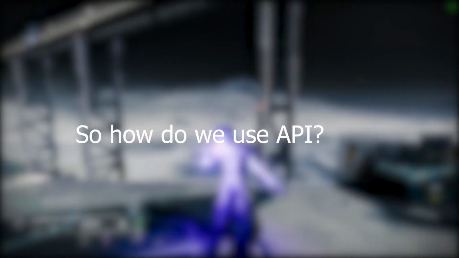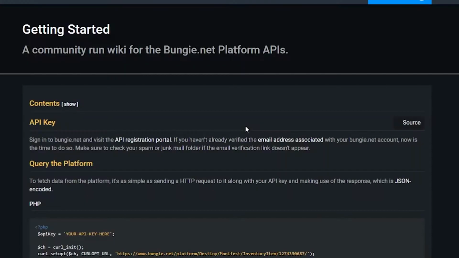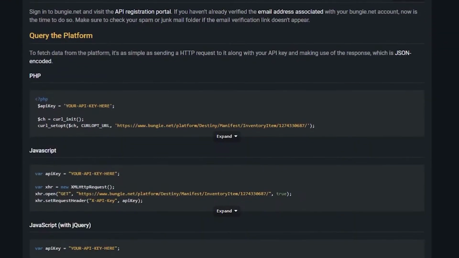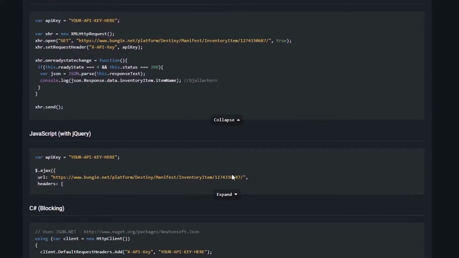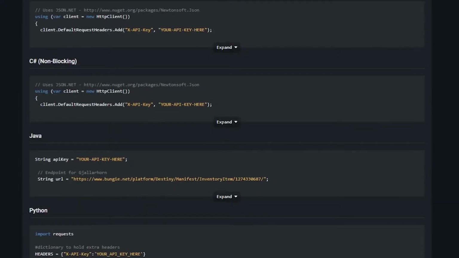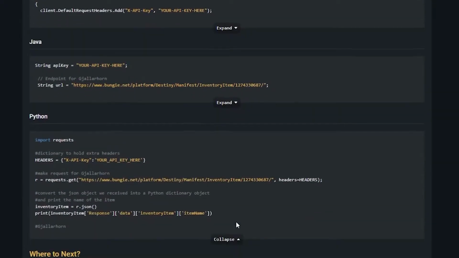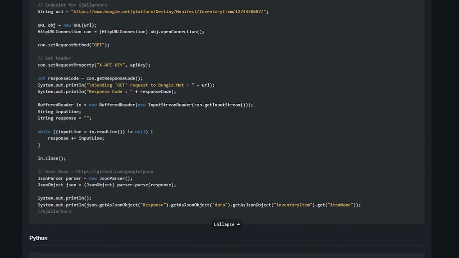So how do you use API? Well, API can vary from the service that you use, but for this video, we will use Bungie's API. And the best way to start is with Destiny Dev's GitHub.io, links in the description. This website gives a basic tutorial how to get started with the different programming languages such as PHP, Python, JavaScript, and